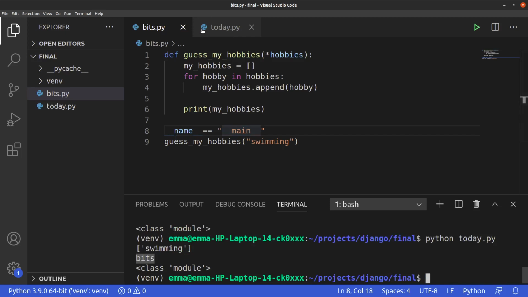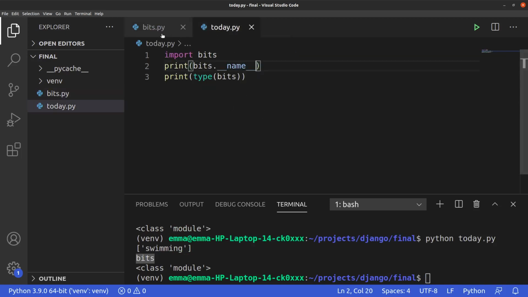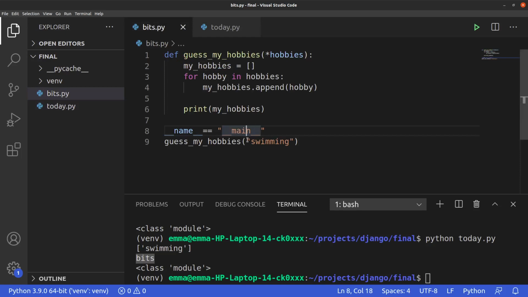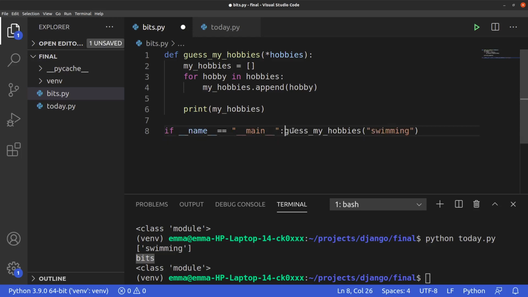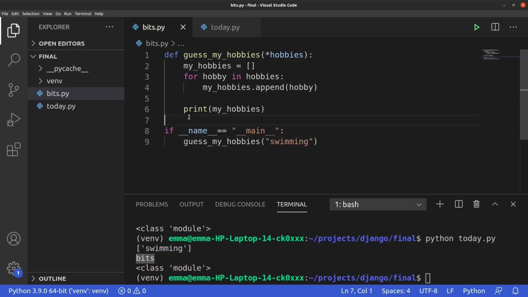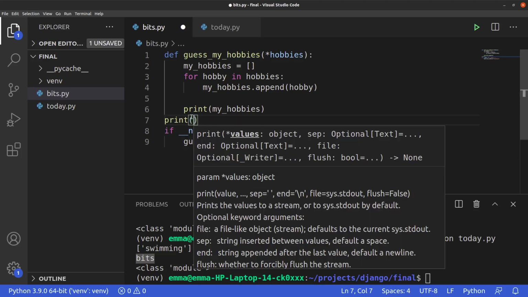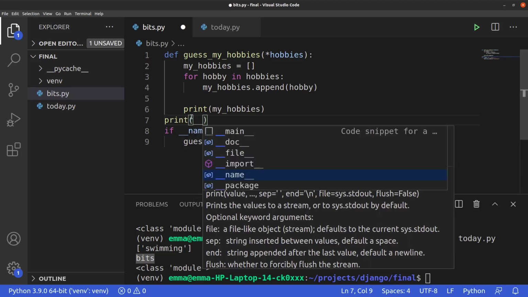So now assuming we are running this file, but we only want to run this when the script is being run directly, we can say if __name__ equals this, then we can decide to run this. Because actually when you try to print the value of name inside here,